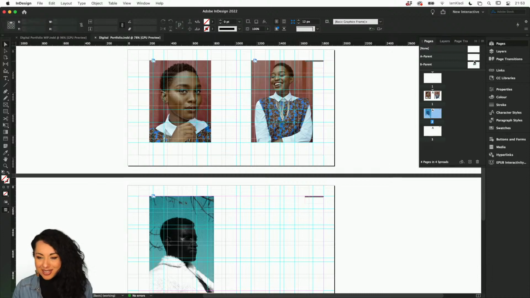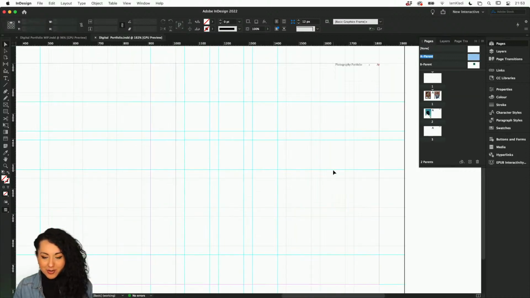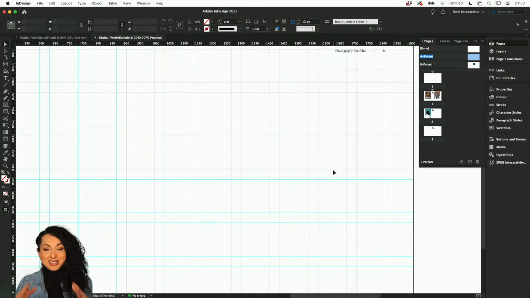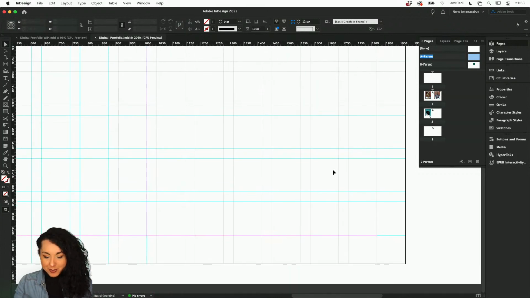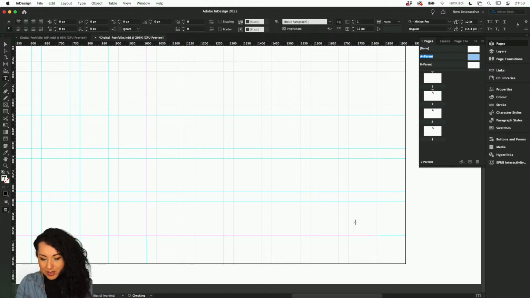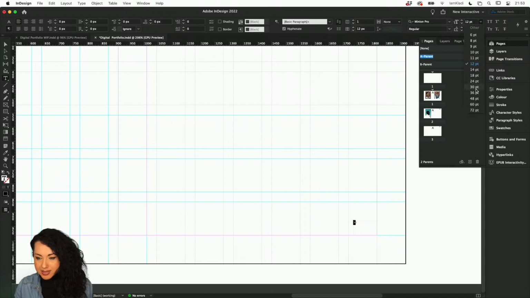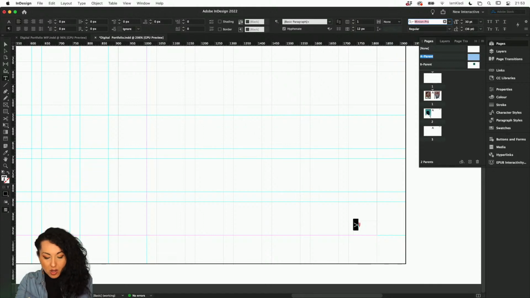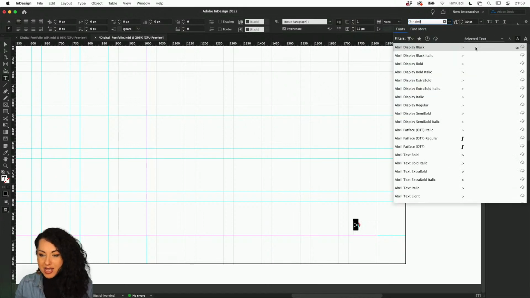So again, double click on the parent page. And what I'm going to do here is start to add an interactive element. So I'm going to press the letter T to create a brand new text area. And here I'm going to use this little bracket, and then I'm just going to give it a larger size. I'm going to go ahead and give it a size of, let's see, 30 is probably big enough. And I'm going to use a font called Abril, which is available on